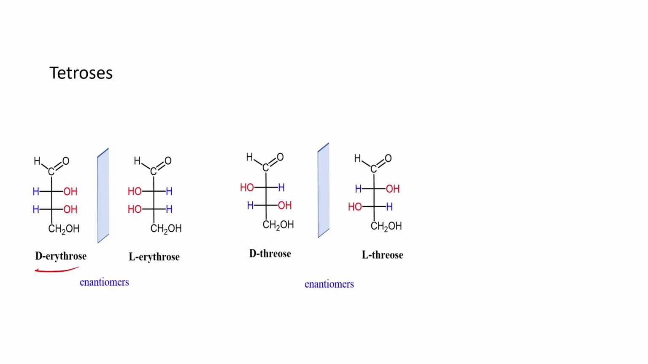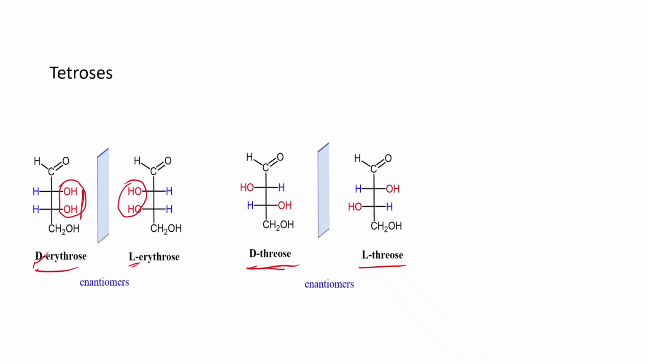In the case of erythrose, both the hydroxyl groups are on the right side, D-erythrose, and in the case of L-erythrose, it is on the left side. Similarly, when comparing to the D-threose, one OH is on the right and another one is on the left. Here also one OH is on the left and the other is on the right. So it shows enantiomerism,